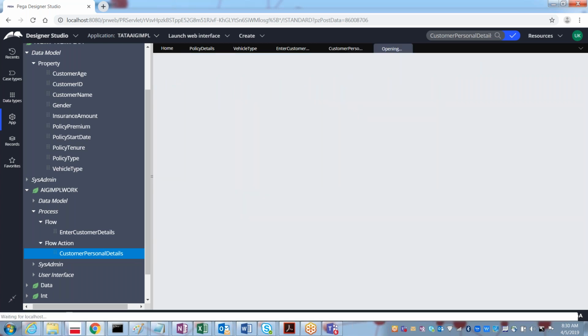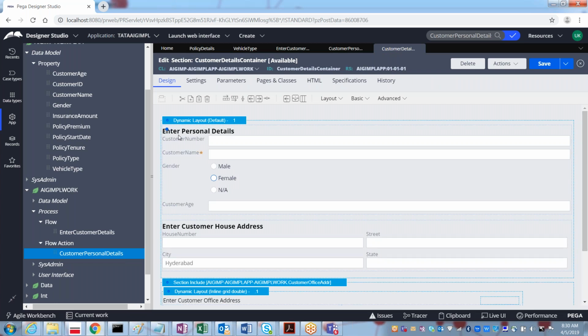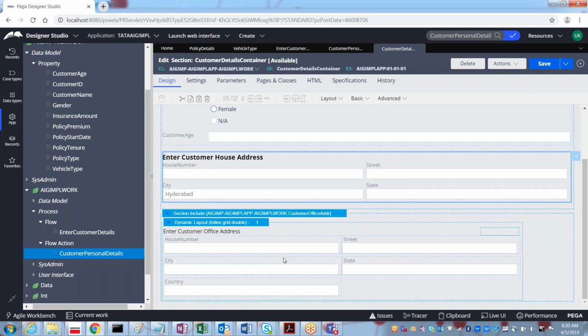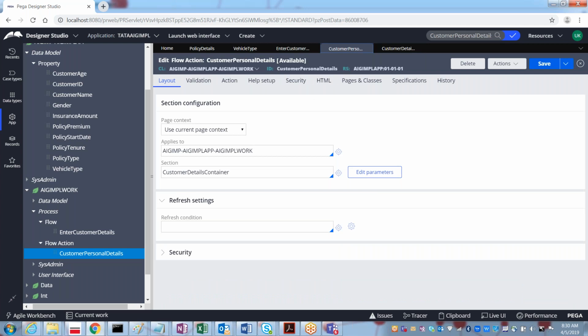Under the container section we placed all the 3 sections again. Personal detail section, this is one. House address, this is the second one, and then office address, this is the third one. So like that we included these three sections in the container section, which is a customer details container, and then that container section we have referred from the flow action.